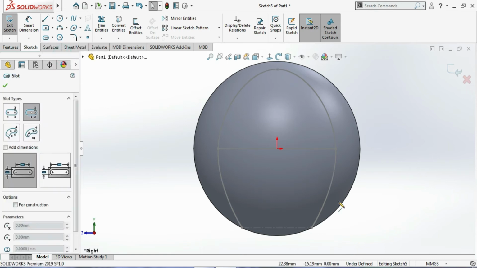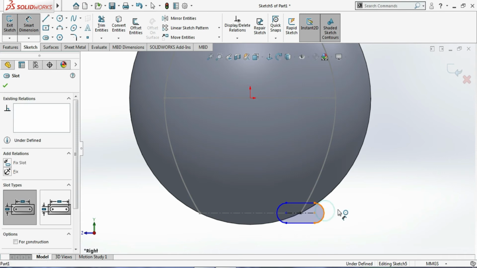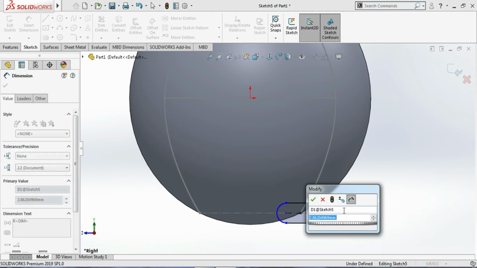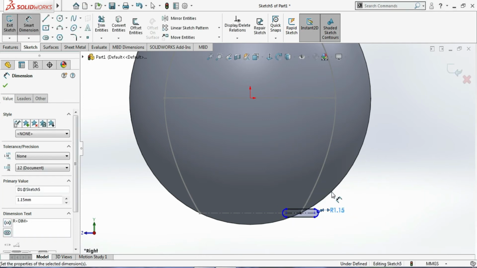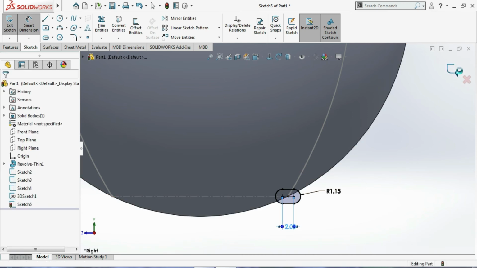Click on the center point slot, and from here to here I'll make a slot. I'll be giving the slot radius 1.15, and I'll be giving this distance, which is 2. Now you can see our sketch is getting fully defined.